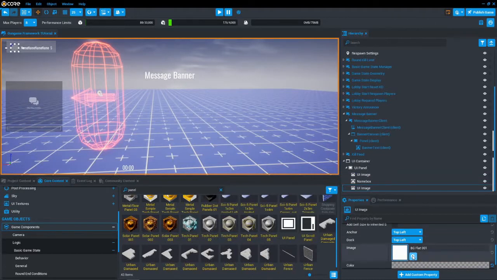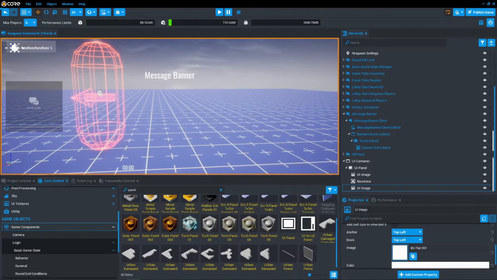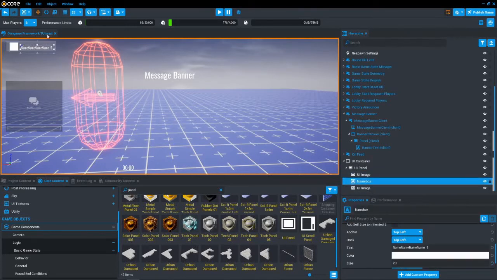Let's set the color to white, and this pretty white, and this here. Let's scale this up a little bit. Let's scale this down. Okay. Once again, I'm not really good at UI design, but this is a tutorial anyways, so